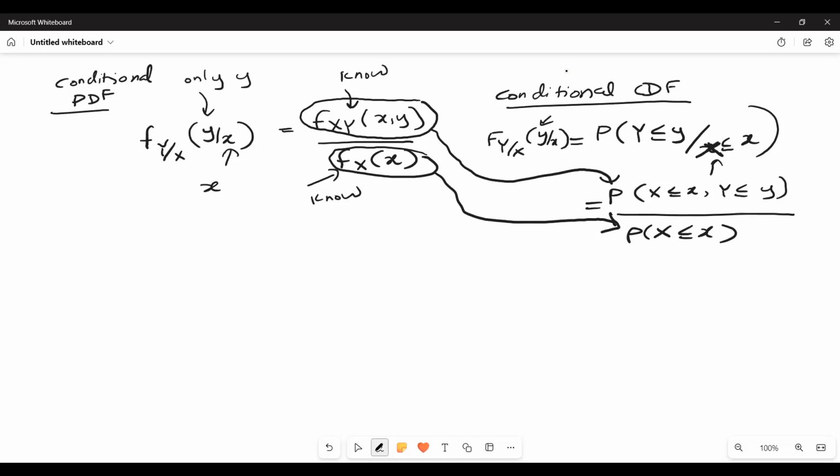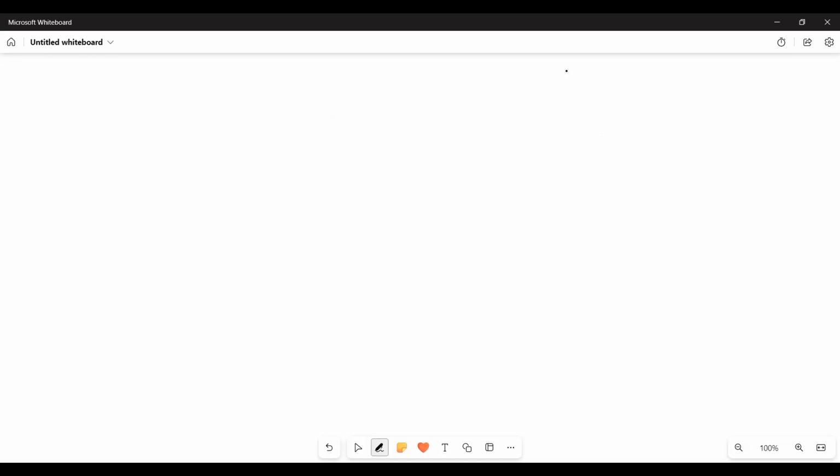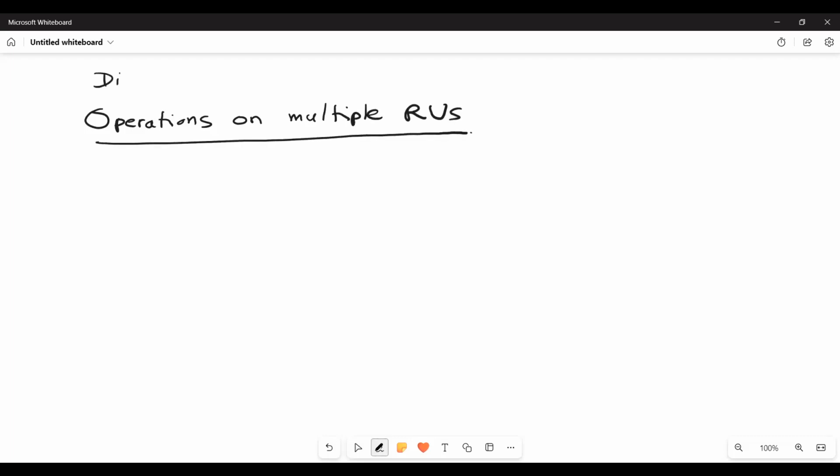distributions. So I think I will define the other operations. Now I think we have to know about the operations that we can do on multiple random variables. So we were discussing the distributions of multiple random variables first, earlier, where we discussed the PDFs and CDFs. So as a second part, we will now discuss the operations that we can do on the multiple random